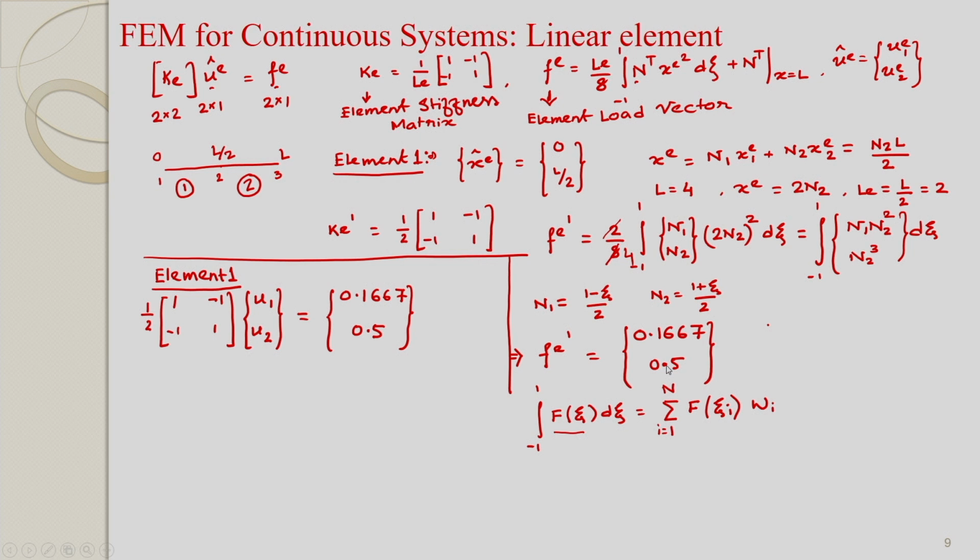Depending on the order of Gaussian quadrature, that is this capital N, this Gauss point and corresponding weight will change. So, one essential step is we have to calculate the integrand at the Gauss point. For our case, for any arbitrary element, the integrand is N transpose x c square. So, let us see how to use MATLAB for this integration.